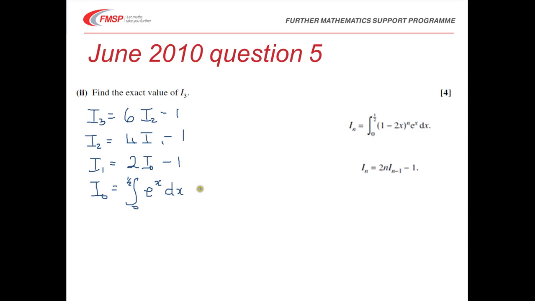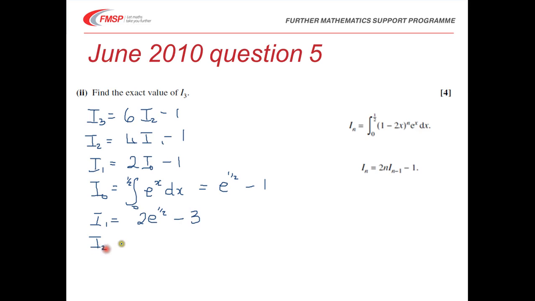And if you evaluate that, then when x is a half, you'll get e to the half, and when x is 0, you'll get e to the 0, which is 1. Remembering, of course, that the integral of e to the x is just e to the x. And then we can substitute those numbers back in and work backwards, so that means I of 1 will be 2e to the half minus 3,